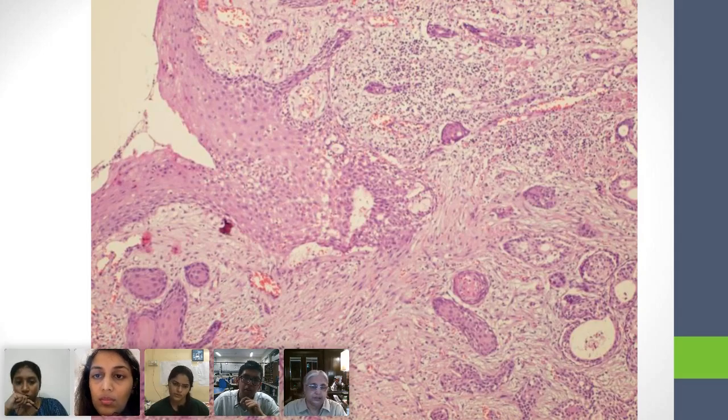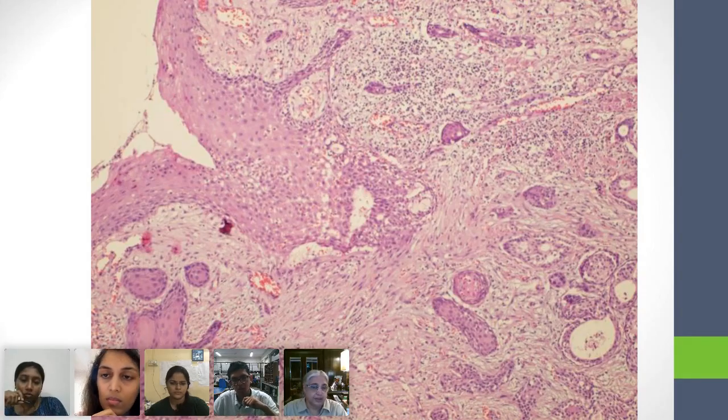There is a bit of squamoid differentiation of the ducts. Very good. You have ducts with lumina, and then you have other structures that look like they may be ducts. Yes, but the lumen is filled up with squamous cells. Yeah, and you can see that there's some here and there. So that is near the top.